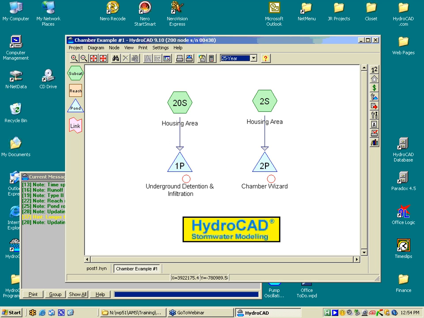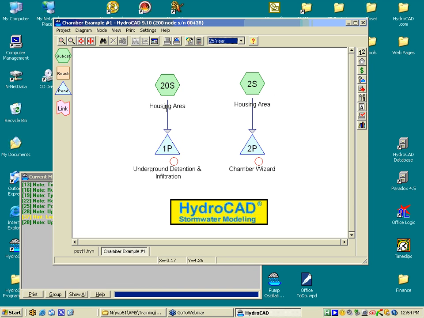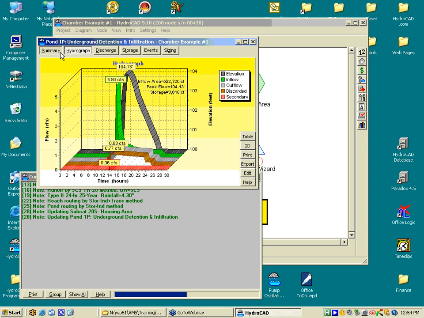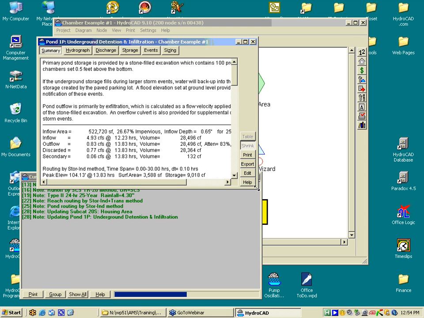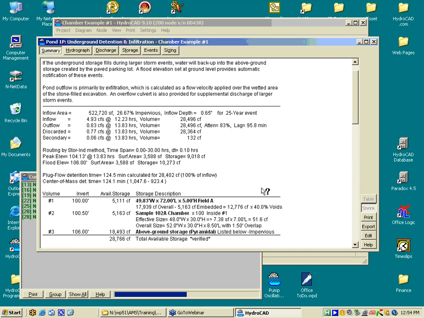In HydroCAD itself, when you're setting up a model, and this is an example which is shipped with HydroCAD showing pond storage, there are two basic ways you can set up underground storage. You can set it up manually. So in this particular scenario, going to the pond summary, we have an outer field, an excavation, in which we're